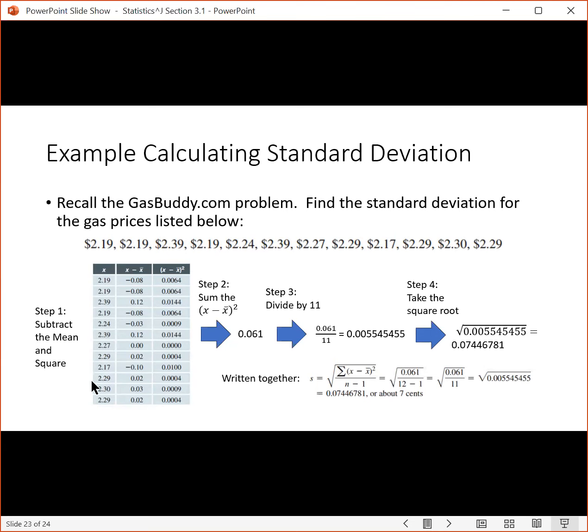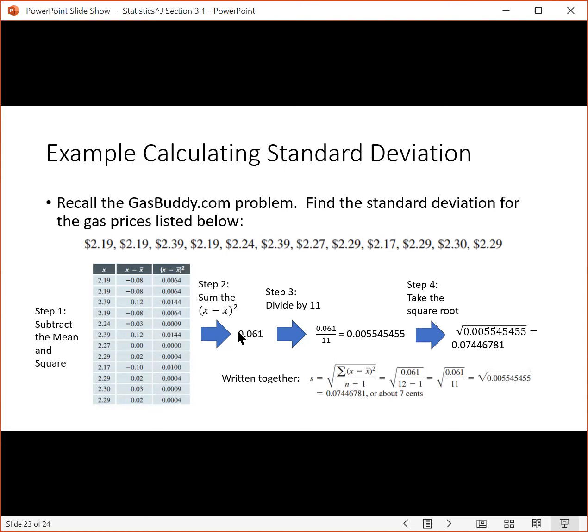All right, so first here we have all 12 observations from the gasbuddy.com problem. First you go through and subtract the mean from each one. So you take 219, subtract the mean. 219 again, subtract the mean. 239, subtract the mean. Do that for all the observations. When you're done with that, go through and square each of those results. So we take this result, square it, this result, square it. Do that for all the results. And then you add all those up. So sum all of those, and that gets us this number,